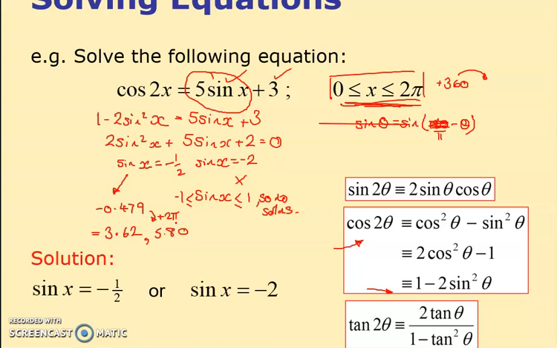Let's see what my answers were. Oh, I've got exact answers there. Should I have got exact answers? And of course, actually, yes, I should have done, because sine x gives me minus pi by 6. So therefore, adding on pi and doing those things with it, depending on what calculator you've got, I did